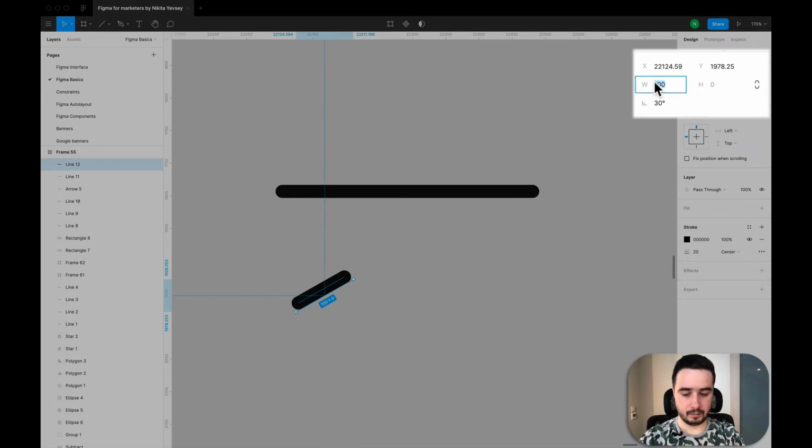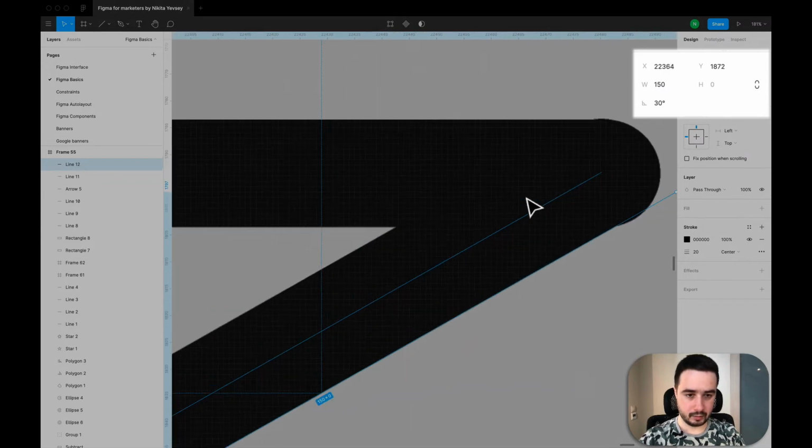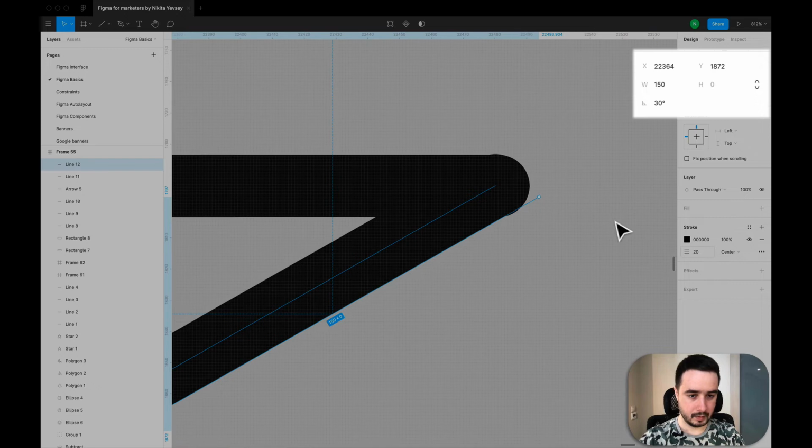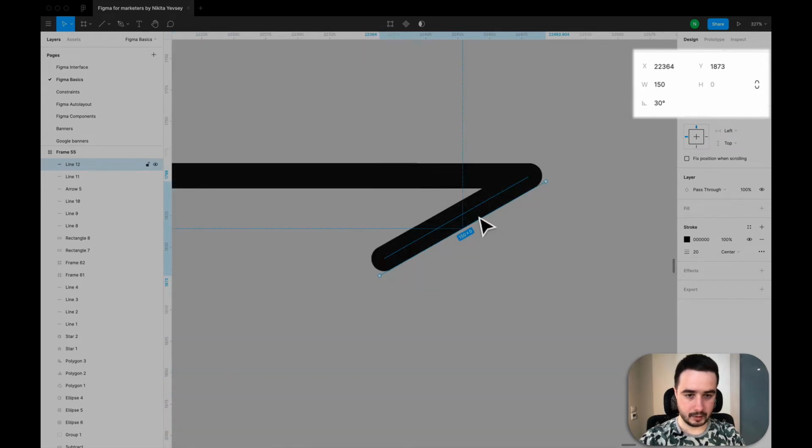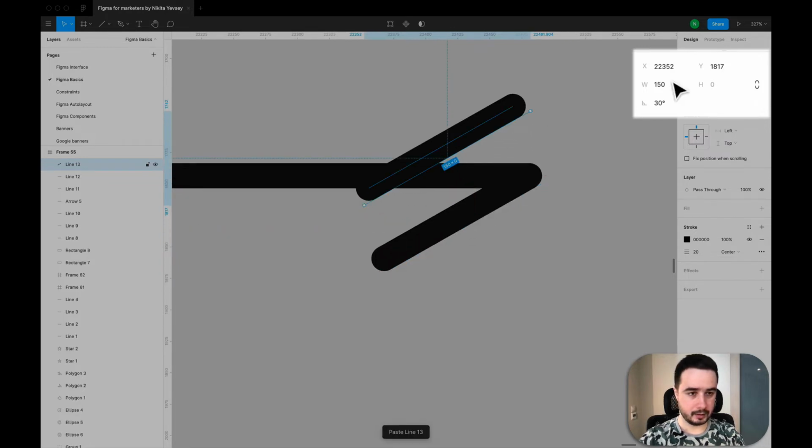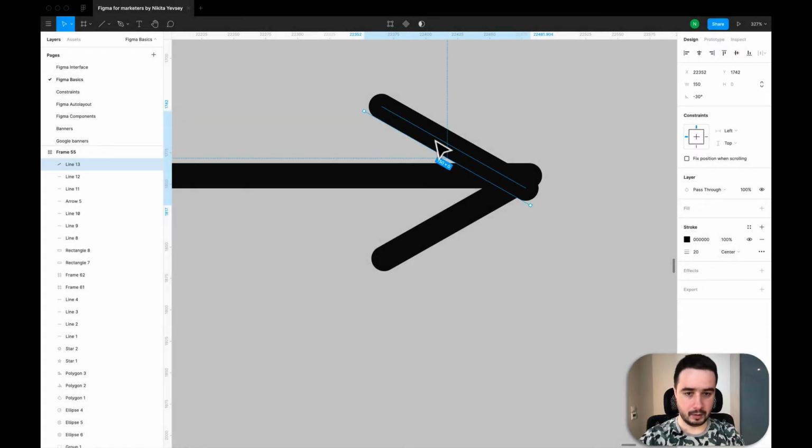So I have to do it like this, then I copy this line and make it like this, and then